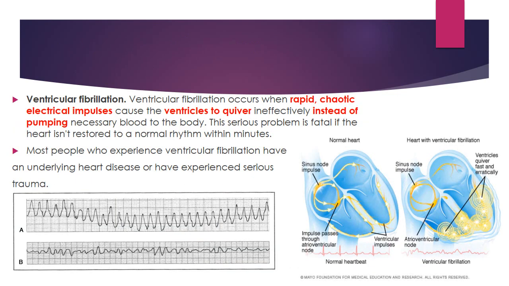There is also another type of tachycardia that occurs in the ventricles, that is ventricular fibrillation. It is a very fast heartbeat, and what happens there is that the ventricles are just quivering, meaning they are not contracting, only trembling. Definitely it's going to be chaotic, the impulses are not going to be normal, and instead of pumping, it is only trembling.